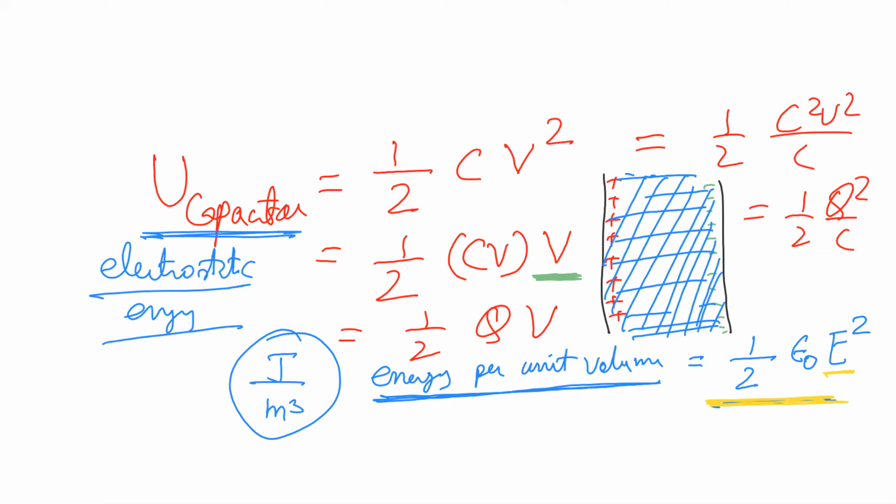Because I've seen students getting confused about potential difference. See, whenever in a capacitor topic we use the word V, it is potential difference between the plates. It is basically delta V. We should write delta V, but the convention is to just write V, because it is understood that we are talking about potential difference. So potential difference between the plates will be this much.